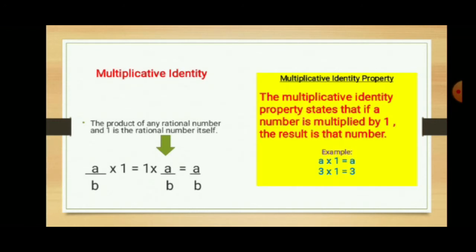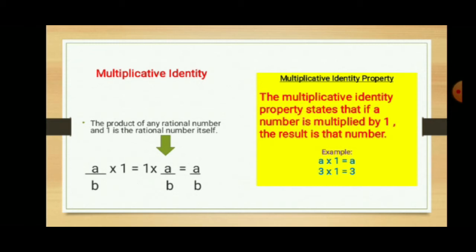Now starting with our first topic, multiplicative identity. The product of any rational number and 1 is the rational number itself. You can see here, when we multiply a by b with 1, we get a by b. One more example: when we multiply a into 1, we get a. When we multiply 3 into 1, we get 3. So we can conclude that the multiplicative identity property states that if a number is multiplied by 1, the result